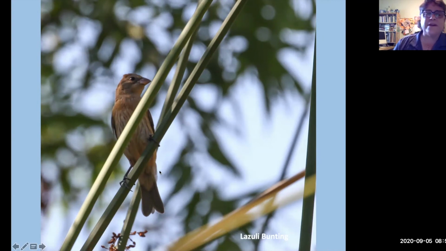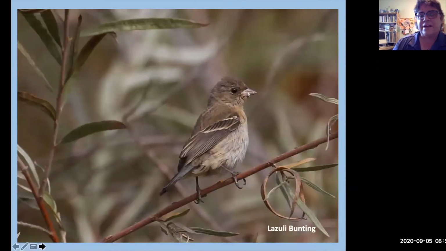So this is a lazuli bunting. I saw it all 3 weeks. It looks really good here, but it's going to look a little ratty as it starts to molt. So this is a migrant bird or nearby, probably born nearby, migrating from upslope to downslope. This is what it looked like 3 weeks ago. So that first one was the 15th. This was the 29th. Beautiful bird.